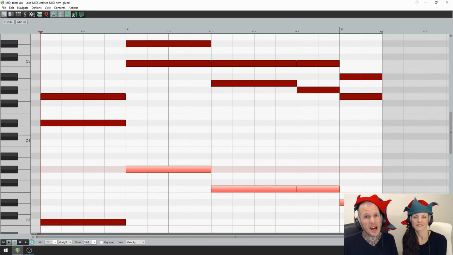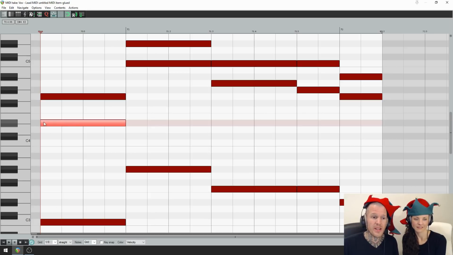Now the next hack is about positioning your third note in every chord. That third note is the note that makes a minor chord sad and a major chord happy. So in C minor, the third note is that E flat, and that's our sad note. So where you put that note is going to either emphasize the emotion of the chord, or it's actually going to water it down a little bit. When you put that third note in the middle, it's a little bit more watered down than when you have it on top,